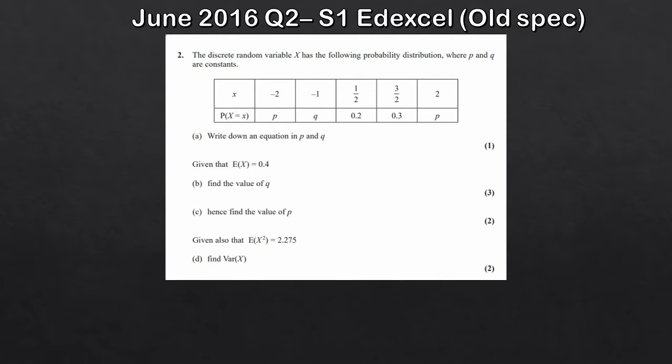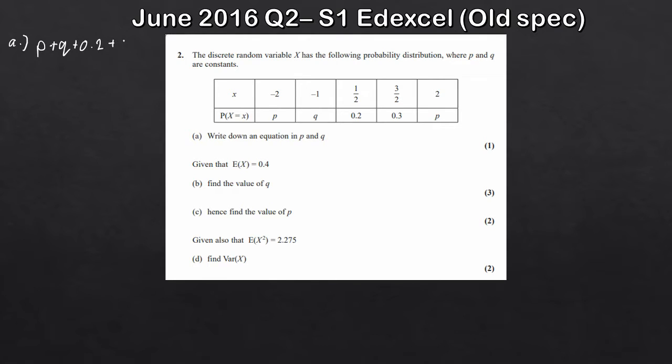If we've got, just like we did with the previous ones, my probabilities here: p, q, 0.2, 0.3 and p. What we just said, the total of these probabilities should be equal to 1. So I can simply obtain an equation in p and q by adding these up. So that would be p plus q plus 0.2